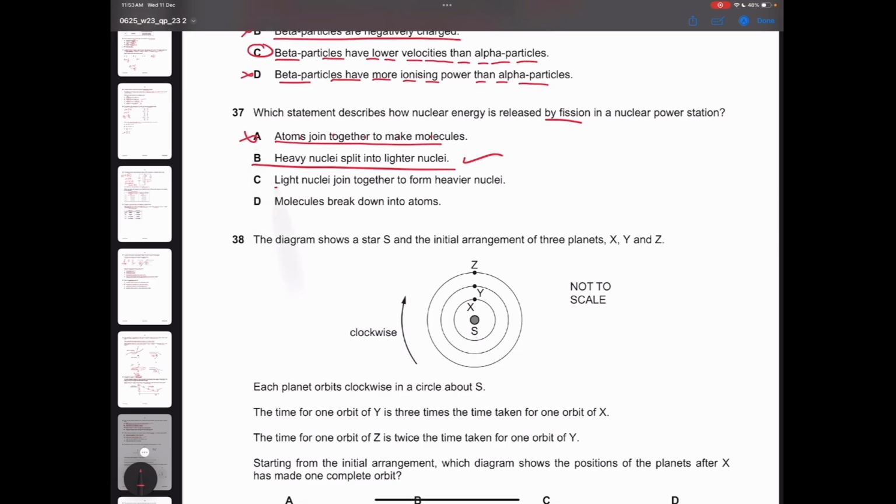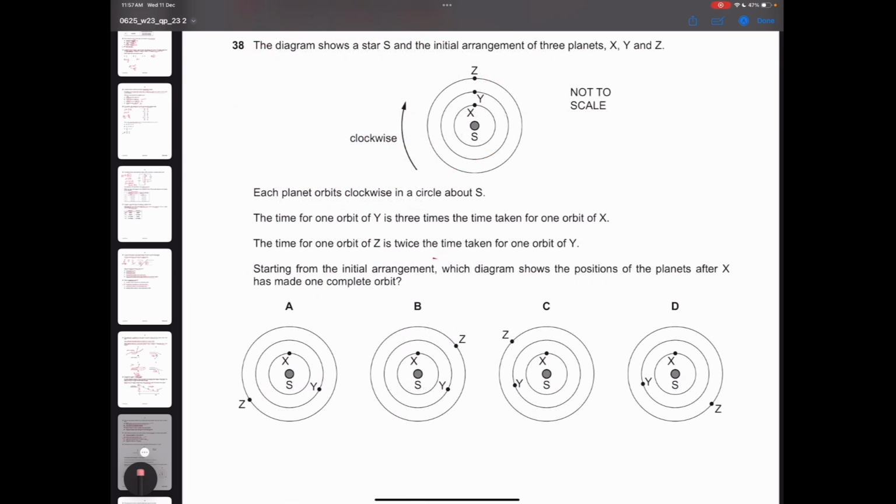Light nuclei join together to form heavier nuclei. This is nuclear fusion. Fusion does not take place on Earth. Molecules break down into atoms. No. Question number 38. This is a good question, and it's just a question mentioning that there are three stars